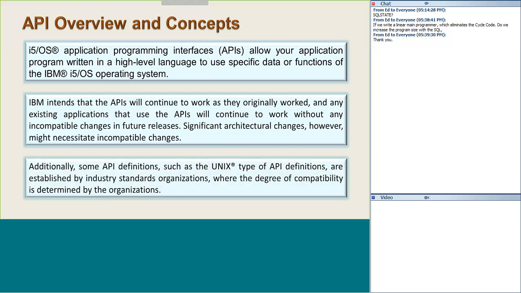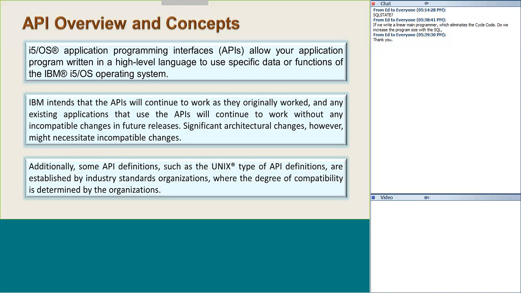Some API definitions, such as the Unix type of API definitions, are established by industry standard organizations where the degree of compatibility is determined by those organizations. And this is also a very, very important statement to remember. There are some Unix-based and some C-based